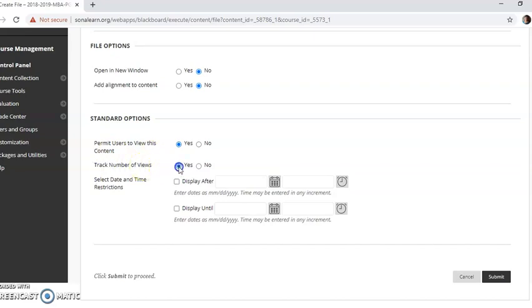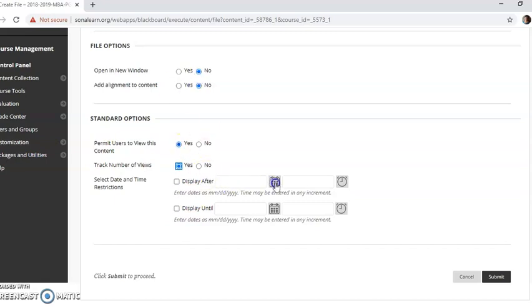It is preferable to have this option as yes. It means that it will track how many times that particular student has opened our document. Suppose this particular PPT has 20 hits, it means some students have opened the document 20 times. And I can choose the date and time at which this document must be visible for the student.